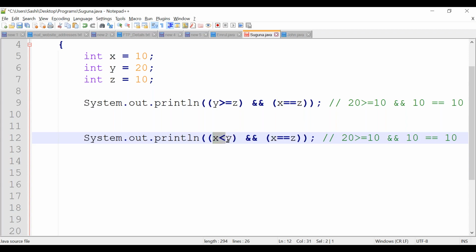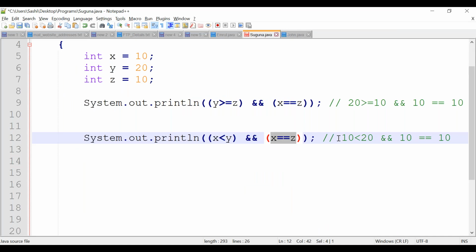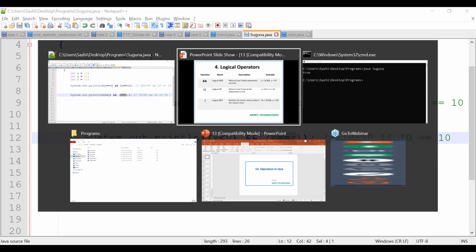I check two conditions. First condition, x is less than y. What is x value? X value is 10. I am checking 10 is less than y. Y is 20. So I am checking logical condition on this. See here, this condition is false, right? X is not less than y, right? So it is false. But second condition is true. What we have seen about logical and, both the side it should return true, then only it can be true. If any one of them is false, then the answer will be false. Okay. So let's recompile again.